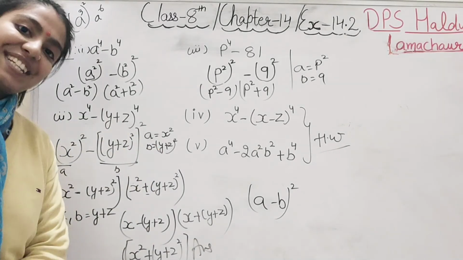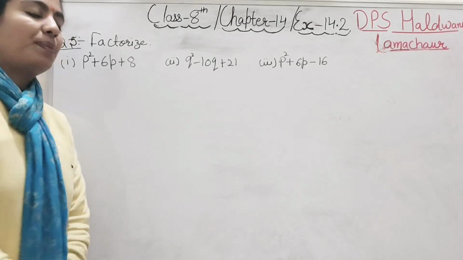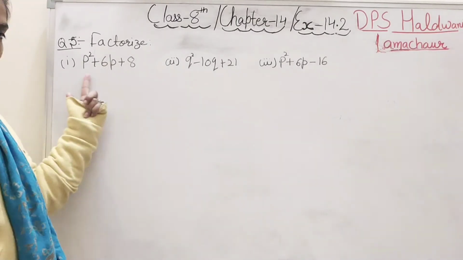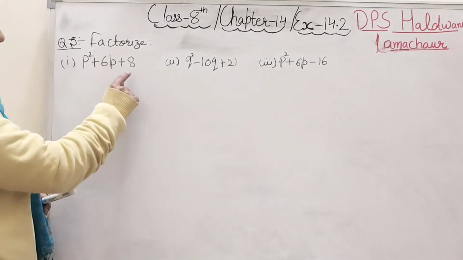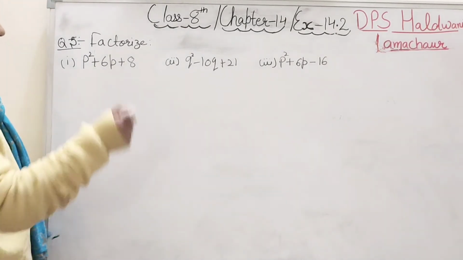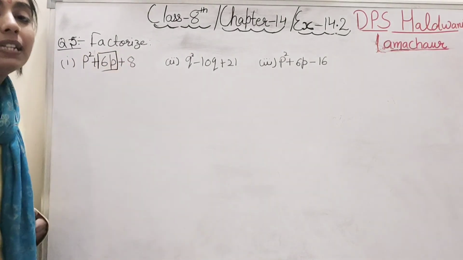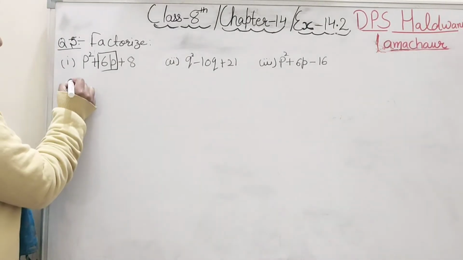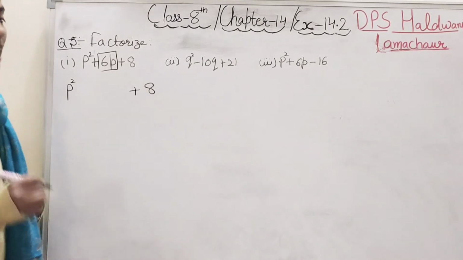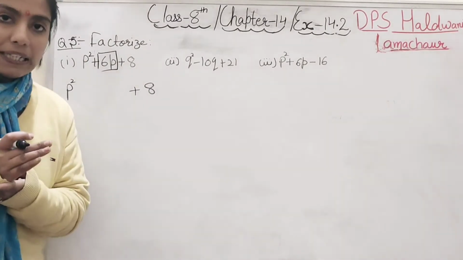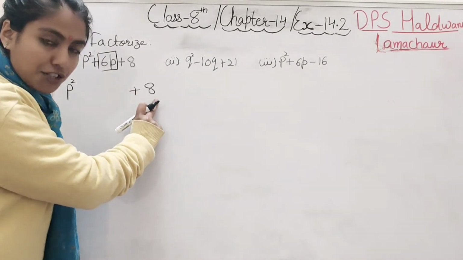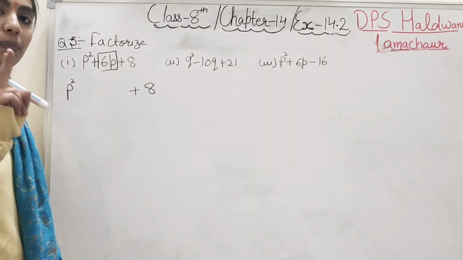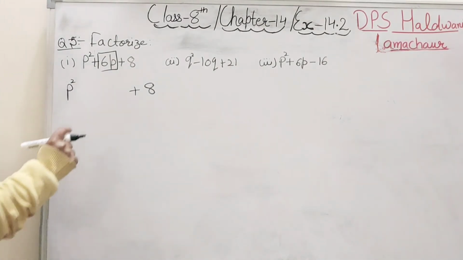Now coming to our next question. Now coming to our question number 5, factorize. First part, p square plus 6p plus 8. Quadratic term. See, it is a square. 8 cannot be b square. So it means here you can choose the method of middle term splitting. Right? See, p square plus 8 remain as it is. You have to split 6p such that on multiplication you get 8 and on adding or subtracting you get 6. Now here is plus only. It means the numbers should be of plus only. Okay? Now see, how is 8 made?